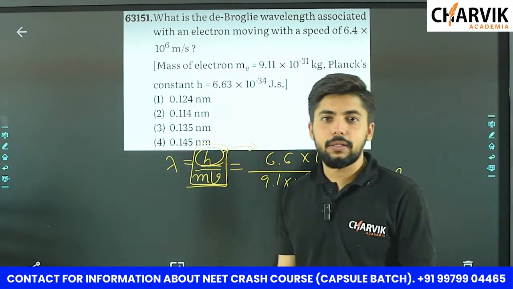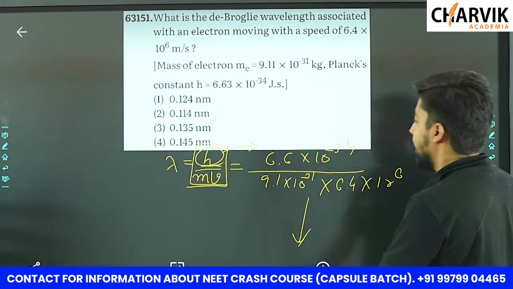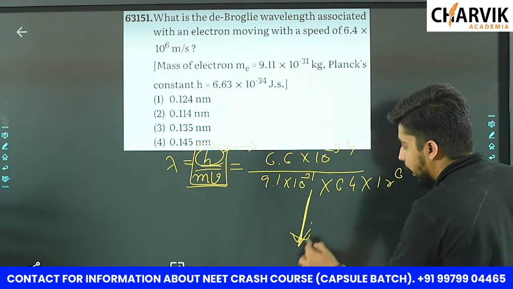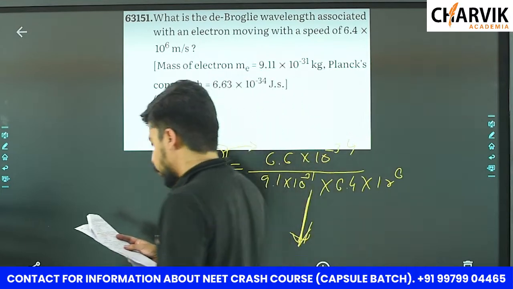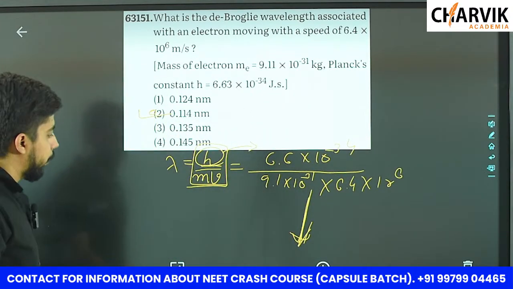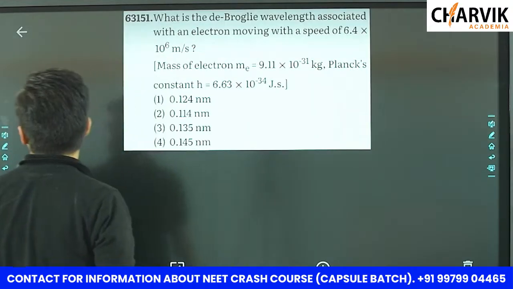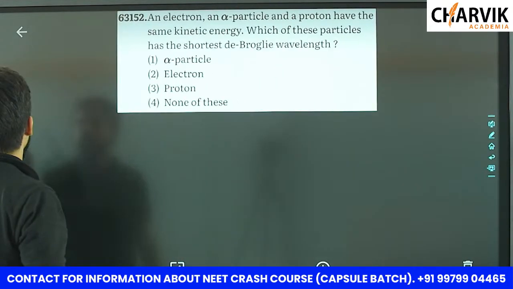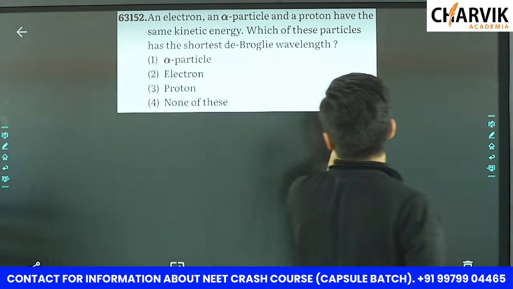We have placed the values, and by solving this with the help of the calculator, you can get the answer, which will be 0.114 nanometer, which is given in the second option. Okay, let us move to the next question quickly, which says an electron, an alpha particle and the proton have